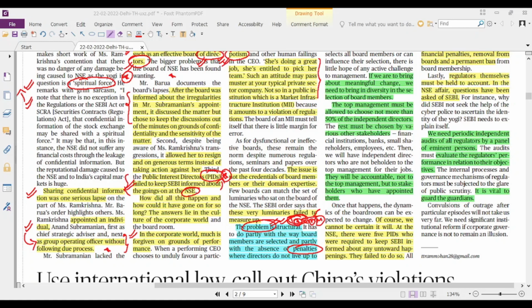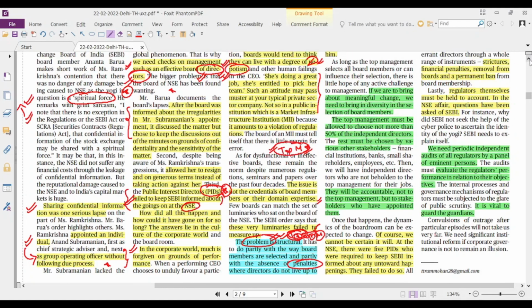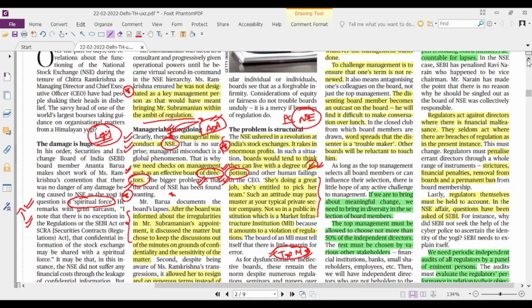And another problem being that the board of directors is most of the time selected by the top management. If they are selected by the top management, there will be a conflict of interest, because the board of directors won't take decisions which are against the wishes of top management, since their perks and salaries, the additional benefits that they derive from the company, would be in the hands of the management. So the board of directors would be willing to take those decisions which make the management happy.